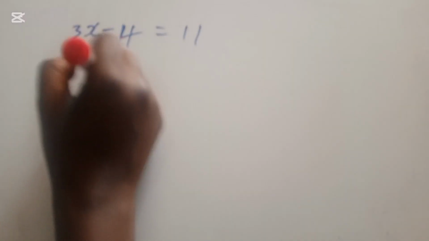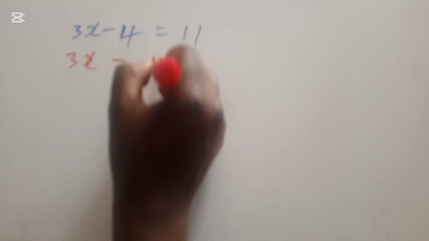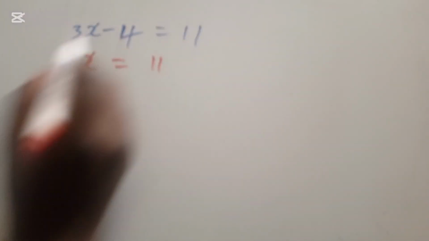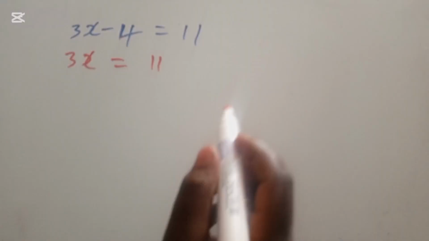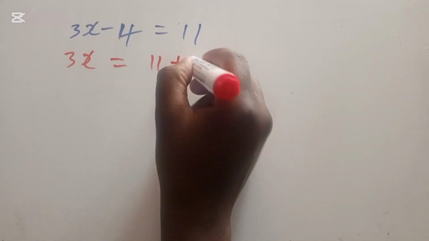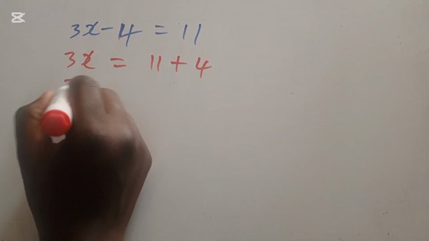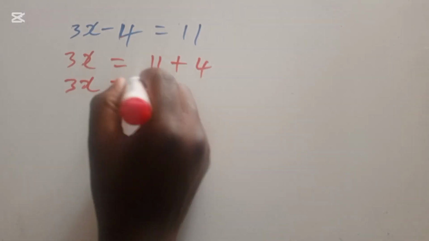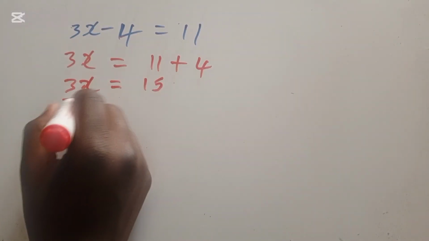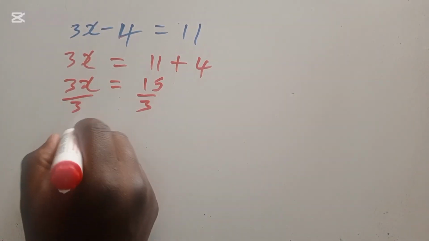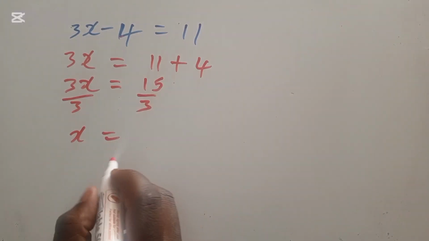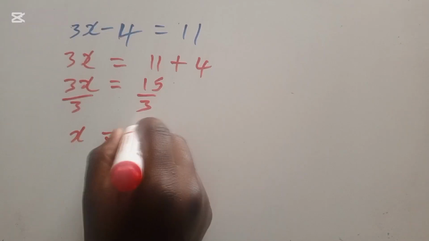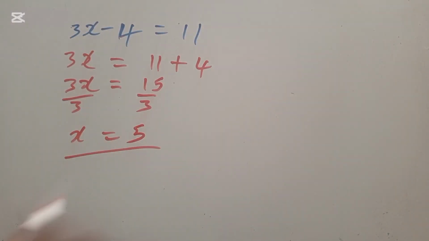So you have 3x is equal to 11. So if it was minus 4 on this end, on the other side you add 4. So this is 3x is equal to 15, divide by 3 on both sides. So x is equal to 15 divided by 3 is 5. So this is your answer. Alternatively,